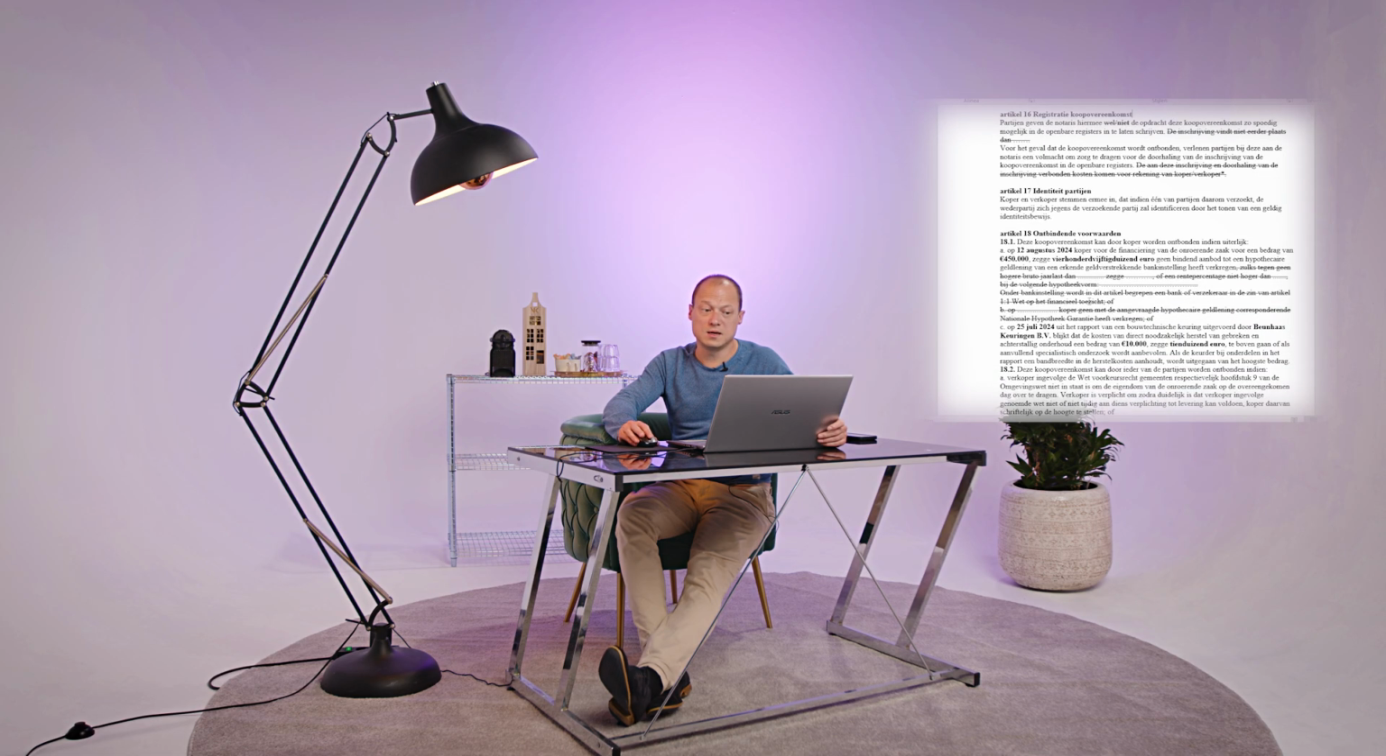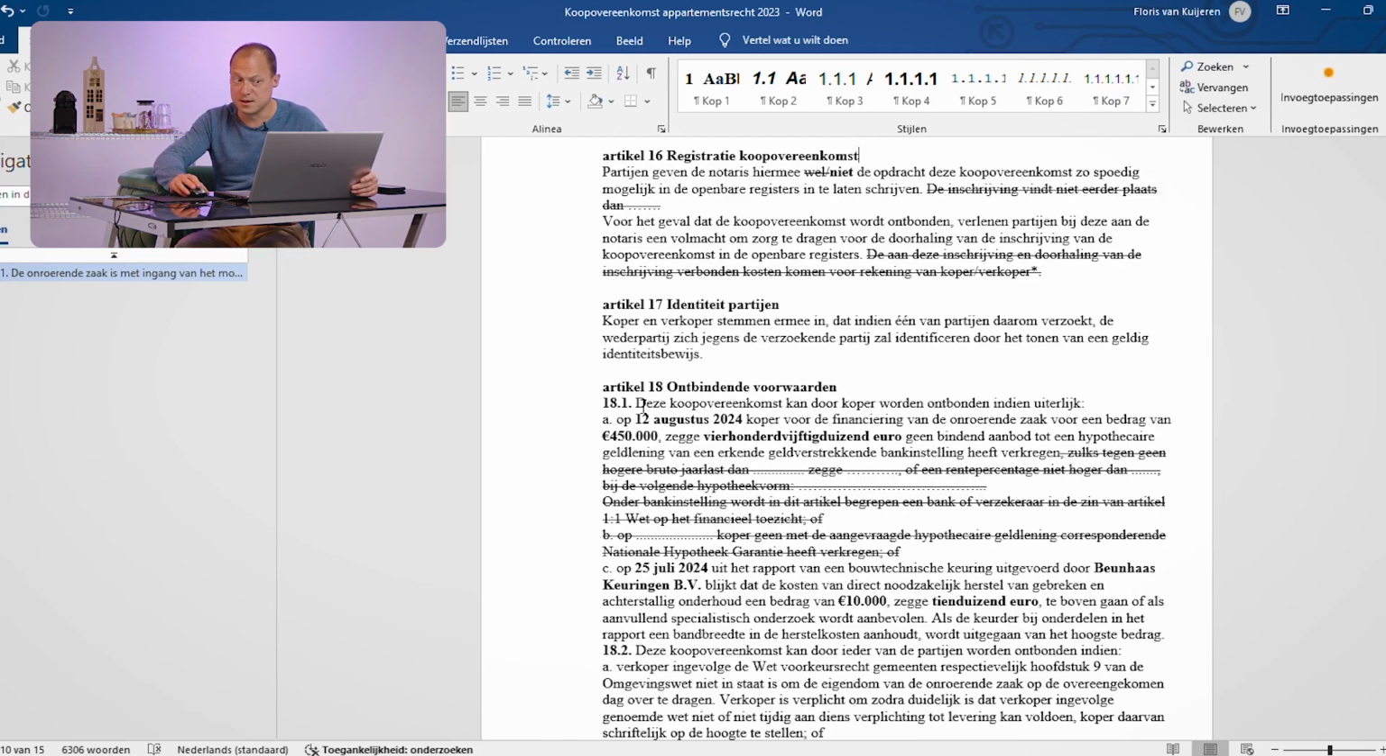Then the terms. Most properties are, of course, sold under the condition of getting finance, a mortgage. In this case, that's 450,000 euros. So I have a small piece of advice for you, and that's the following. I'm going to skip to Article